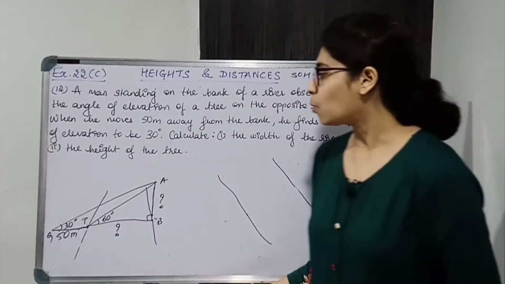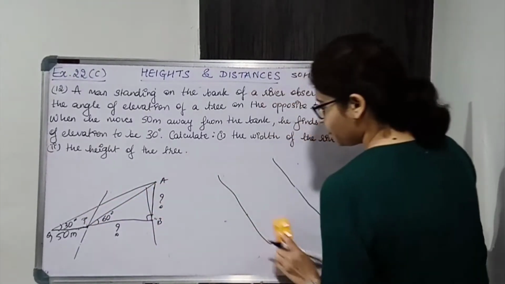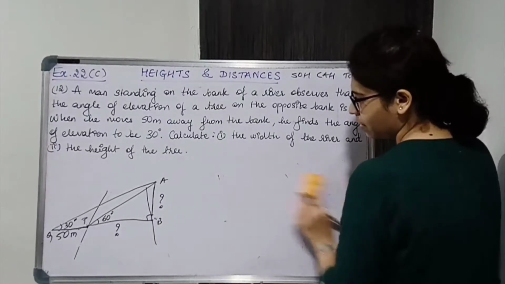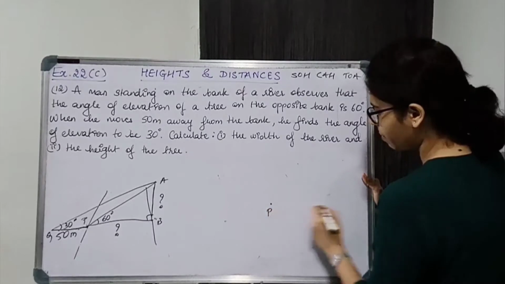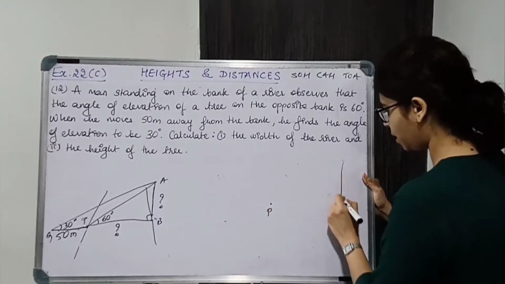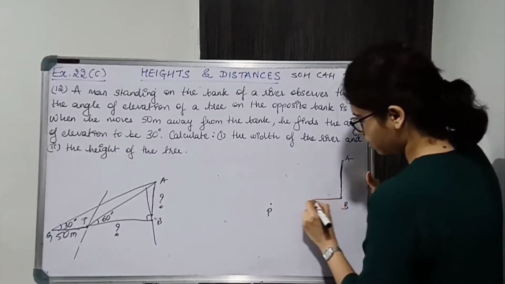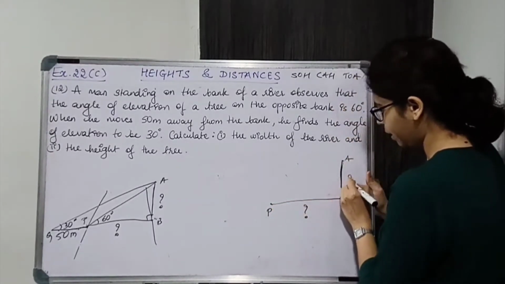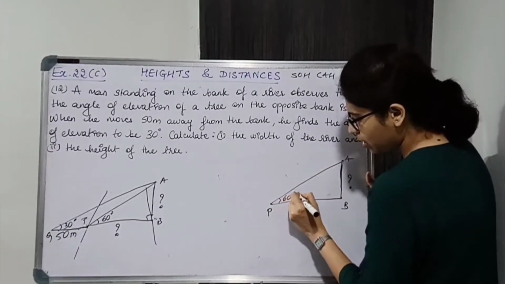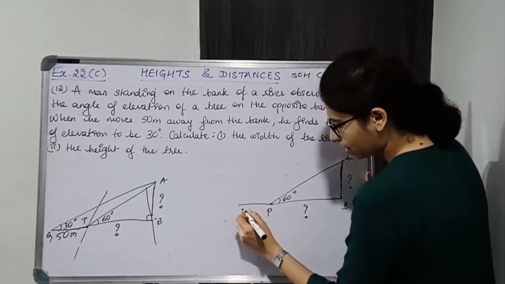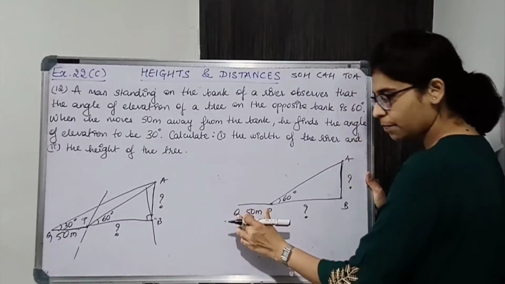Okay. Now over here we are going to redraw this. You are not going to draw the diagram like this. So there is a person standing on one side of the bank. Opposite bank पे there is a tree. Okay. So AB is the tree. This is the width of the river. We have to find the height of the tree, width of the river. Initially when he is looking, the angle of elevation is 60 degrees. Then he is moving 50 meters backwards at point Q. तो ये यहाँ से यहाँ 50 meters हो गया. Okay.